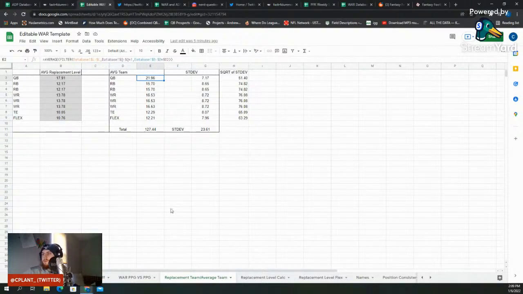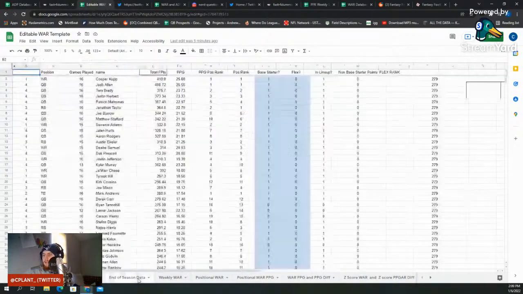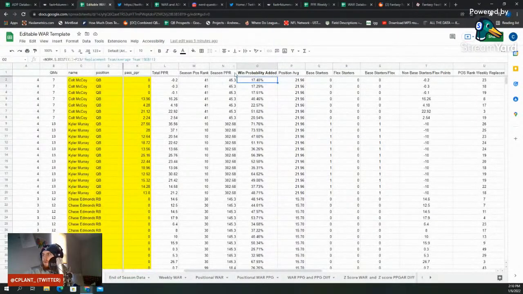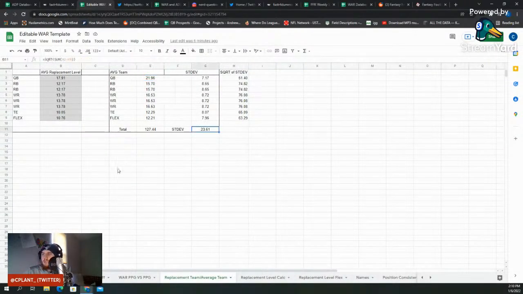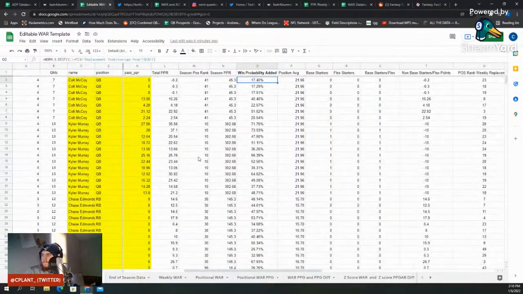Yeah, then you divide it by the standard deviation of the position. And then you get the win probability, or this is just divided by the standard deviation of the whole average team. G11. Okay, yeah, that's it. So you get the win probability added,